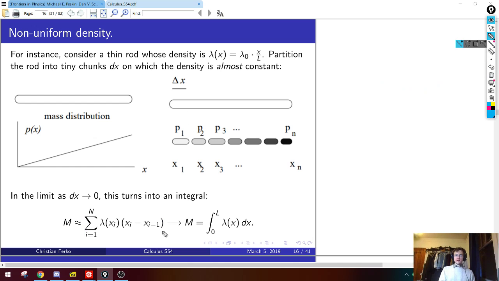So we've now effectively proven, in a sort of hand-waving way, the total mass of a rod whose density is changing with some density function lambda. The total mass is just the integral of that density function over x. And now you see why people, especially in science, like this little placeholder dx, because this is formally meaningless. Dx doesn't tell you anything except the variable you're integrating with respect to.